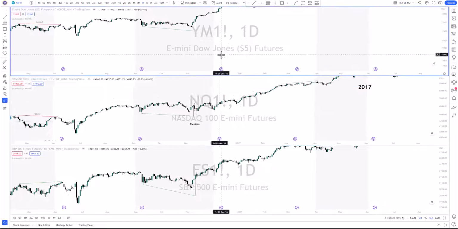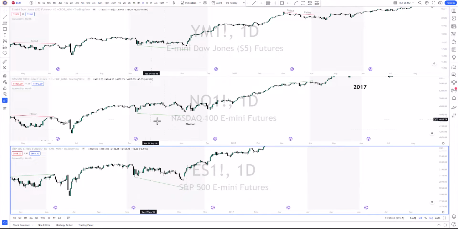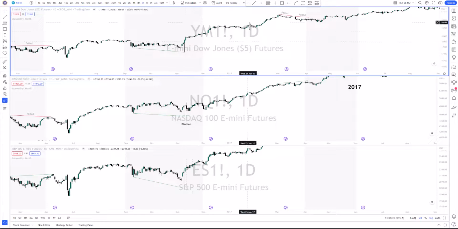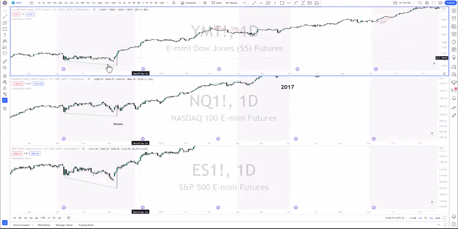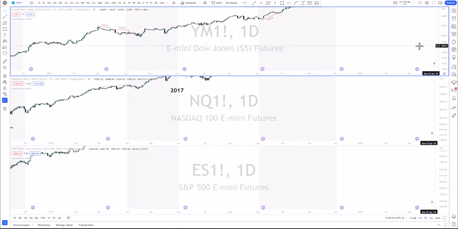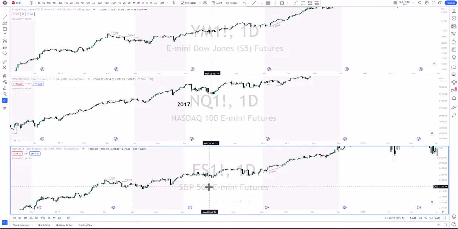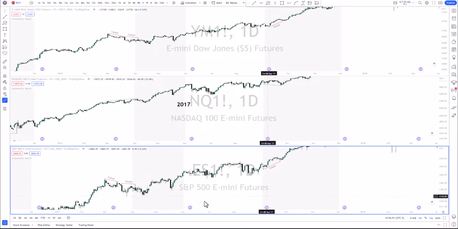Moving to the fall, so this is 2016. We had election year, so every one of these made a lower low and then started grinding up higher. So there wasn't an SMT there, but that bullishness into the end of the year is what we are normally expecting. So you can see here,